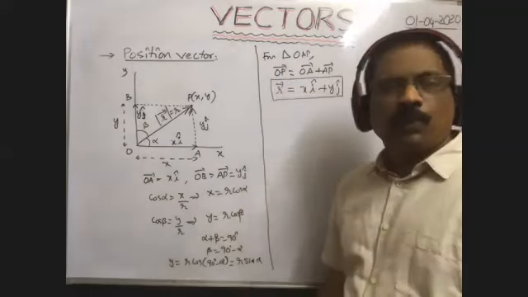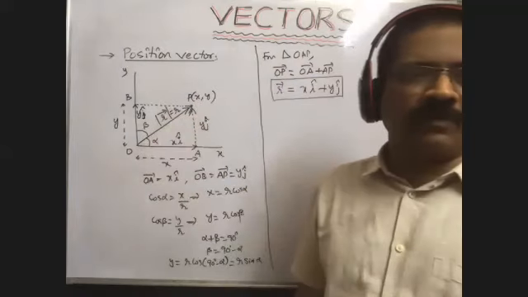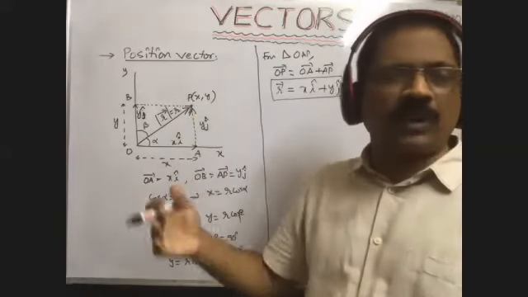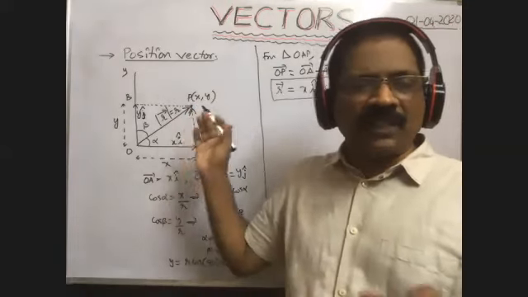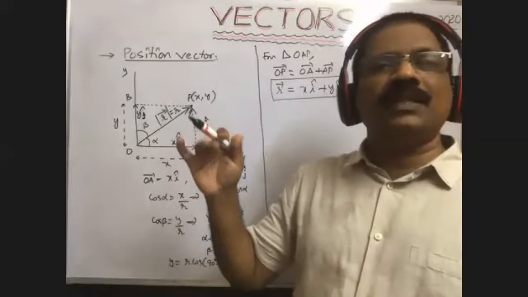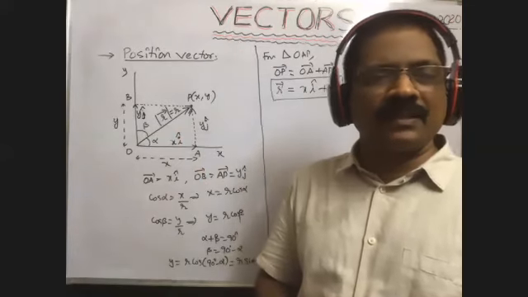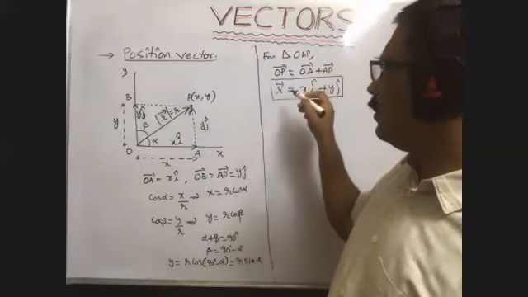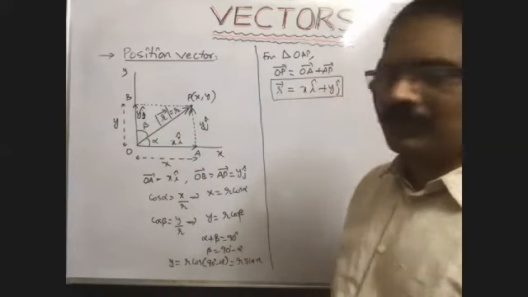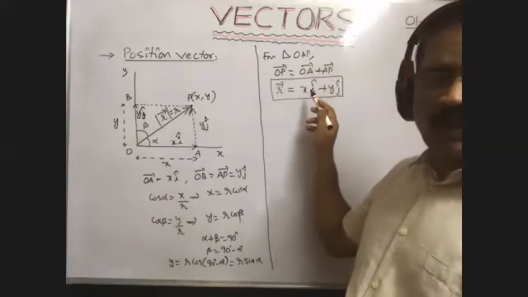It is the position vector of this point P with respect to the origin in the xy plane. As this point lies in the xy plane, it has only two coordinates, x coordinate and y coordinate. If the same point lies in space, then that point P has three coordinates, x, y, z. In such a case, the position vector can be represented as xi cap plus yj cap plus zk cap. Okay. Next, what is the magnitude of this here? What about x?